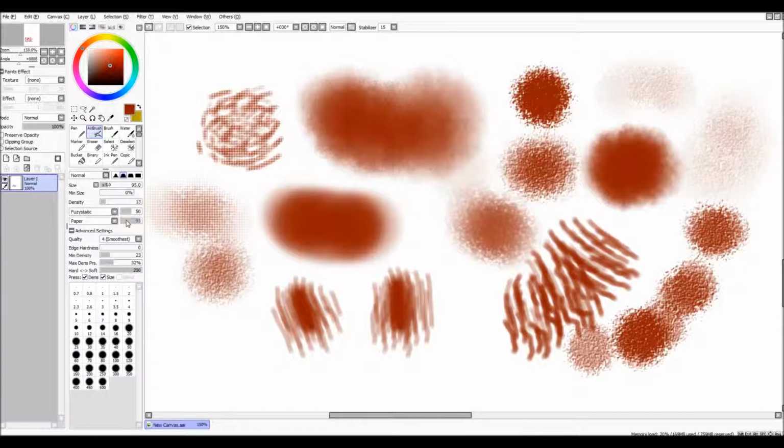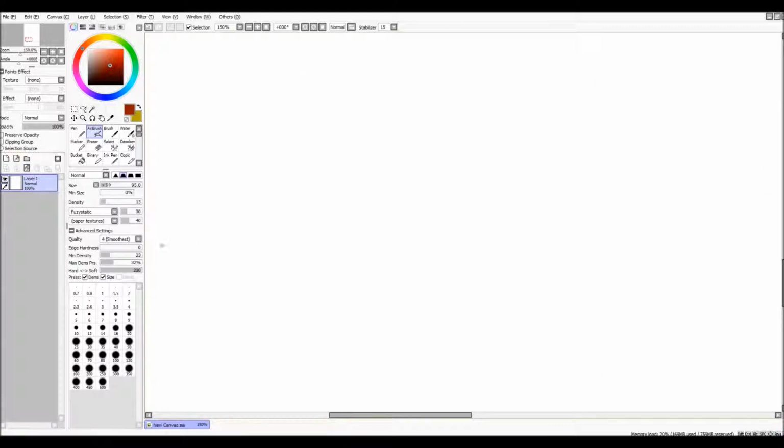You can also, I mentioned this earlier, adjust how much you can see of the paper or canvas. And that's the paper one. You can't really see that on the pen. Let's clear this and clear it. Okay, now we're going to go back to the